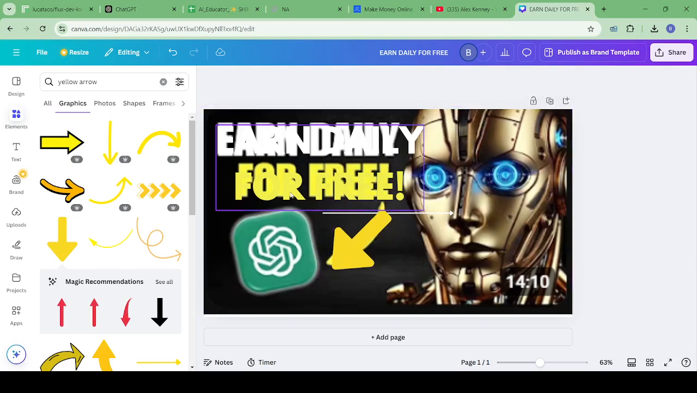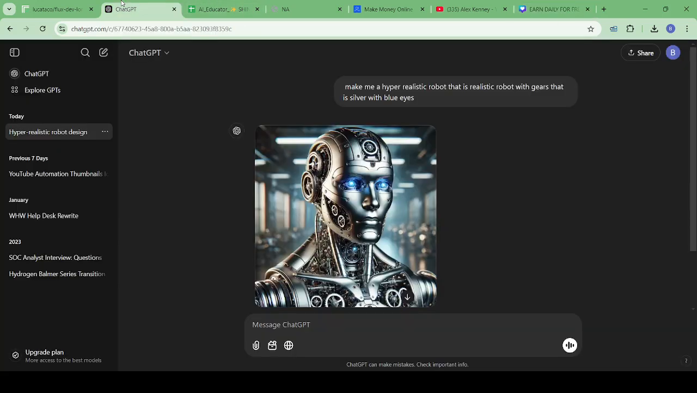It all looks kind of messed up right now, but at the same time, just follow me along. Okay. So the next thing you want to do, and I'll put this prompt in the link in the description below. I already did one earlier, but here's the prompt: make me a hyper realistic robot